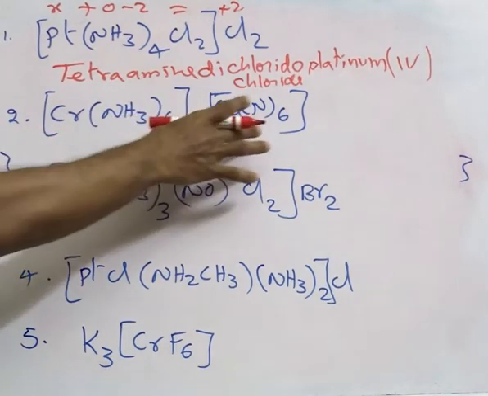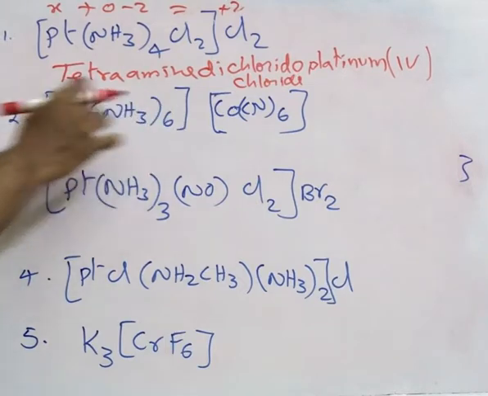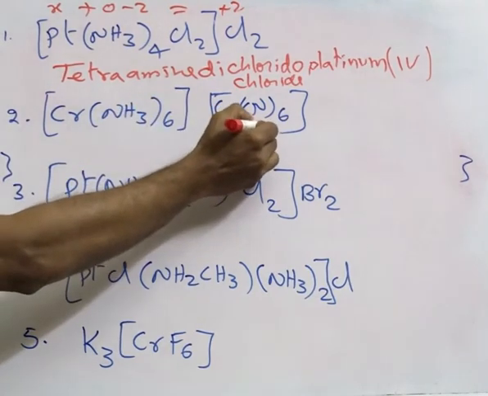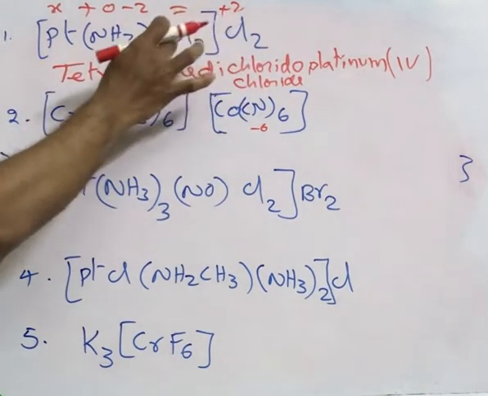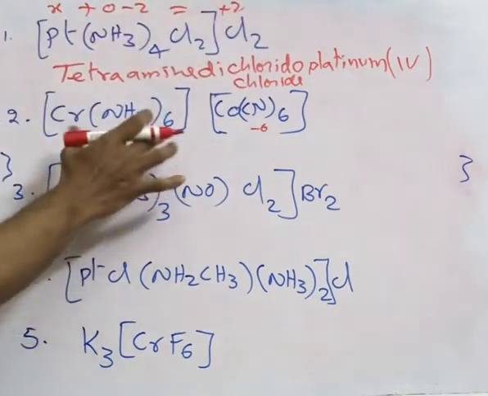Here you have 2 coordination spheres. Both need to be understood. You need to first understand the oxidation number of these metal ions. That is important in writing the name. So here ammonia, amine, is a neutral ligand. Here I have cyanide, -6. Correct? So this is -6. So the total complex is 0. Oxidation state of the total complex is 0. This plus this together is 0. This coordination cell is +2, this is -2, together is 0. Here also it should be 0.